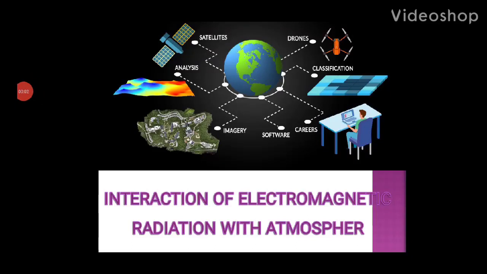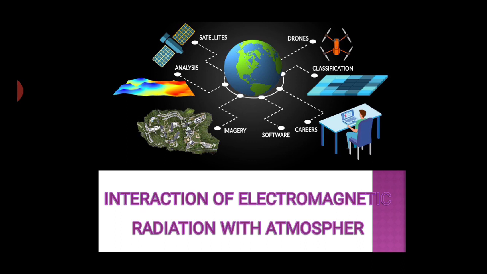Hello everyone, welcome back. So again today we'll continue with your module 5 itself. In the previous classes you all studied what is electromagnetic radiation. So electromagnetic radiation basically consists of various types of radiations of different wavelength. One is gamma rays, X rays, UV rays, visible light, infrared rays, microwaves, and radio waves. These all are generated or come out with the energy of the sun. That is, the sun emits all these radiations, and with the help of these radiations, the concept of remote sensing works.